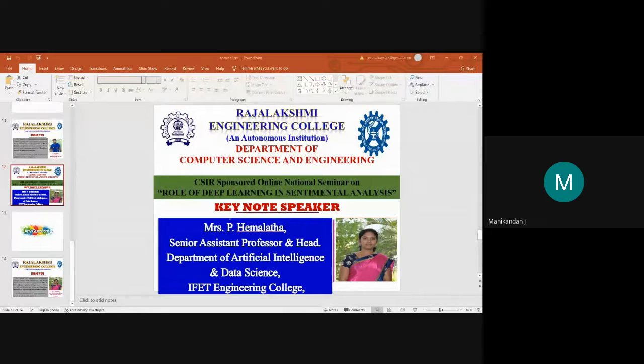She also received the Class A Award from IIT Bombay for successfully completing the robotic task and TBT challenges funded by MHRD. She also received sponsorship from IIT Bombay for participating in ELSI 2019 for successfully completing the TBT challenge, and she also received the Young Researcher Award from SSN College of Engineering, Chennai. She also has more than 50 publications in both conference and journal papers. Now I request Ms. P. Hemlata to take over the session. Over to you, ma'am.